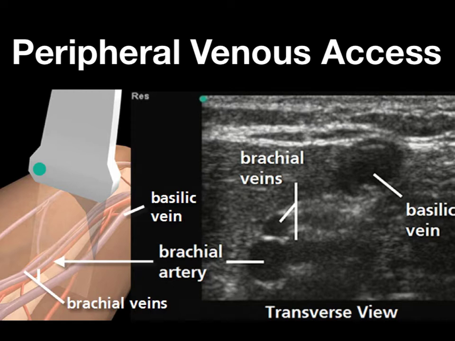Peripheral venous access using ultrasound guidance has become very popular, and it does minimize the need for central line placement in a lot of patients, but you have to choose the target vessel wisely. Most commonly, either the basilic or the deep brachial veins are approached, but I'll show you some other techniques that could be used on these patients. But it's important to remember, while this is a great thing to do in order to minimize the need for central line placement, we don't have an ideal catheter yet for these